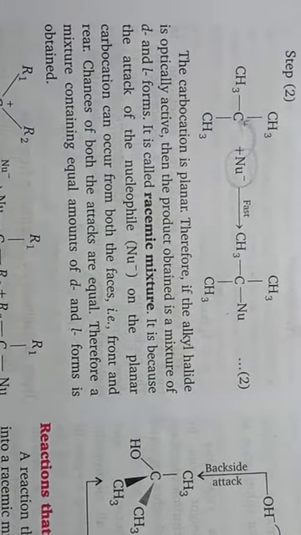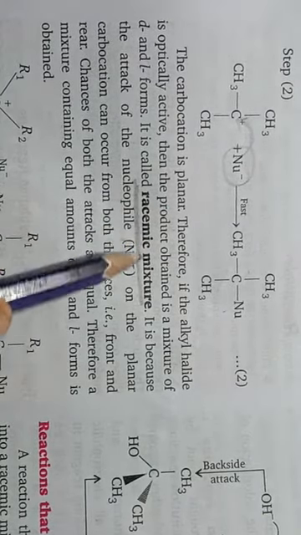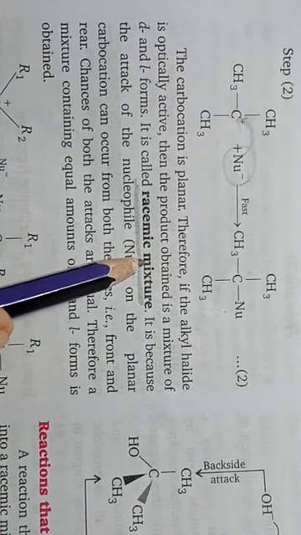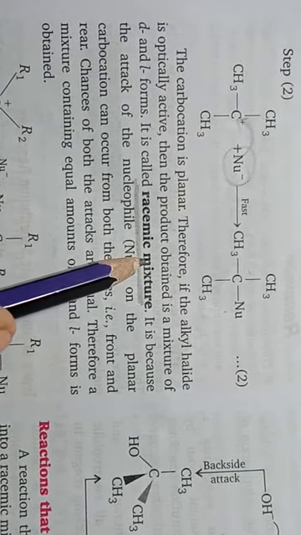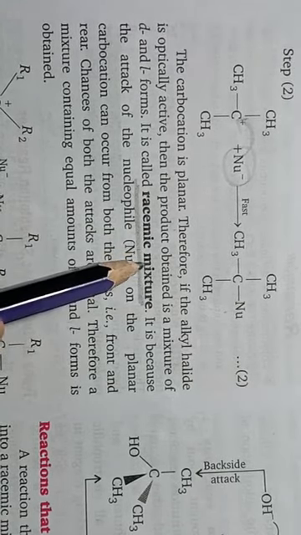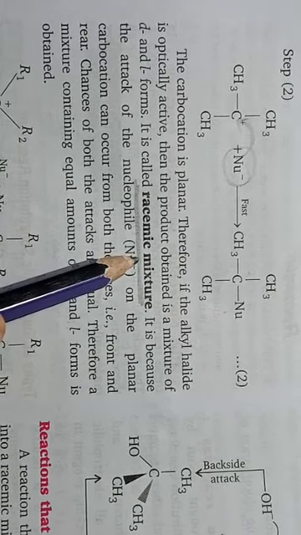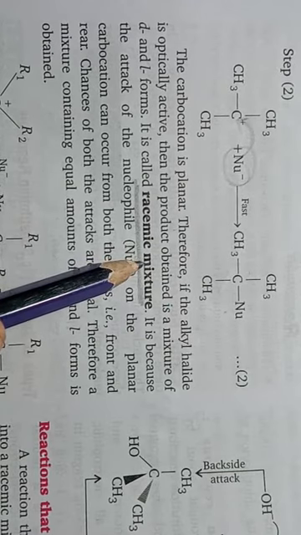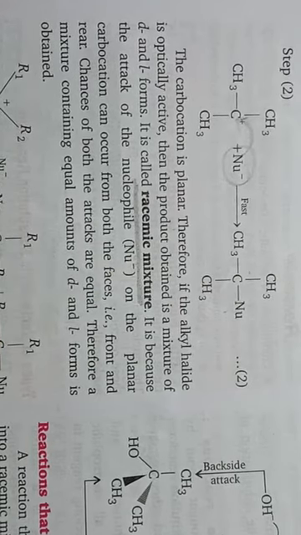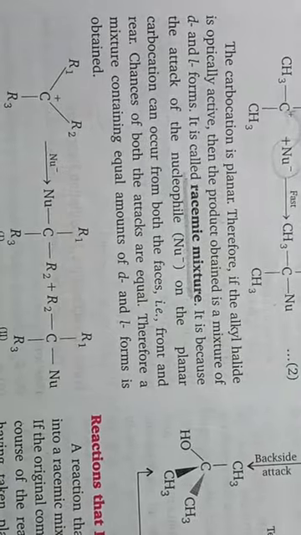Okay, so under this SN1 mechanism, a racemic mixture is formed. The product which is formed here is in the form of a racemic mixture, because this product is made up of two optical isomeric forms which are present in equal amount but are different from the point of view of rotation of plane polarized light. Okay, so a racemic mixture of the product will form.